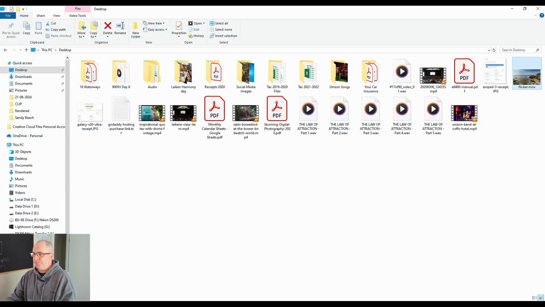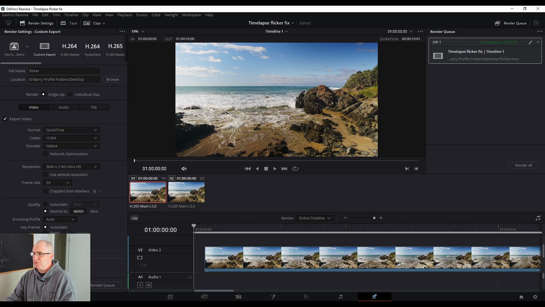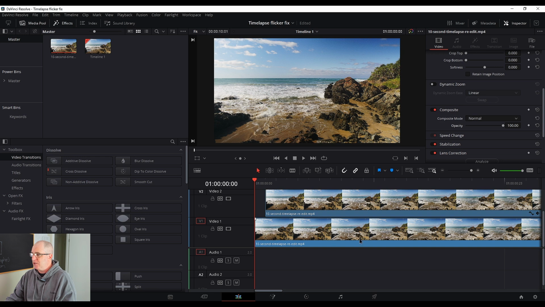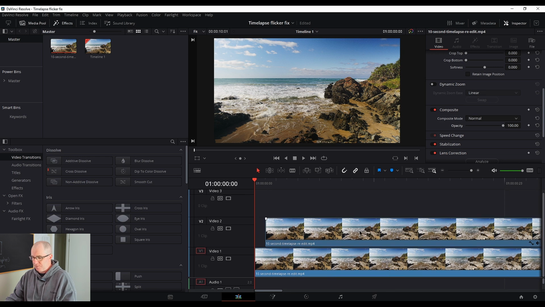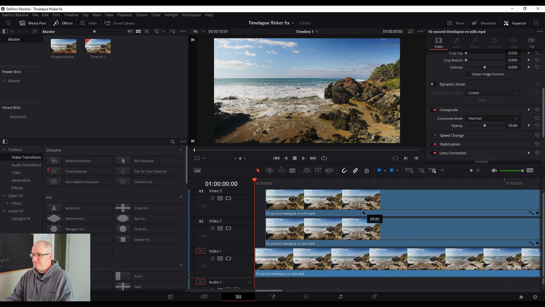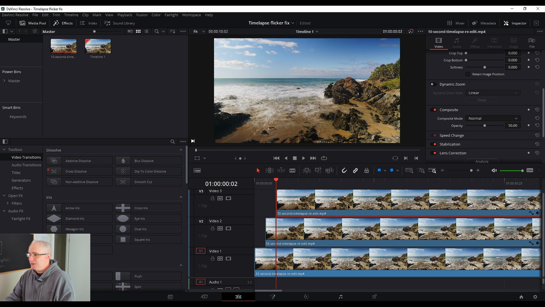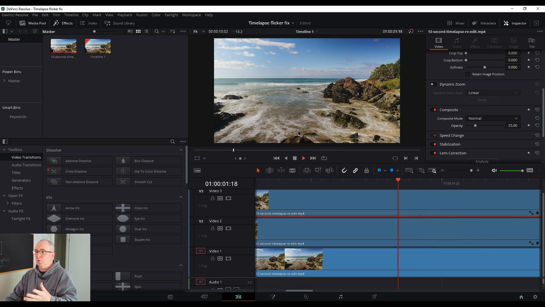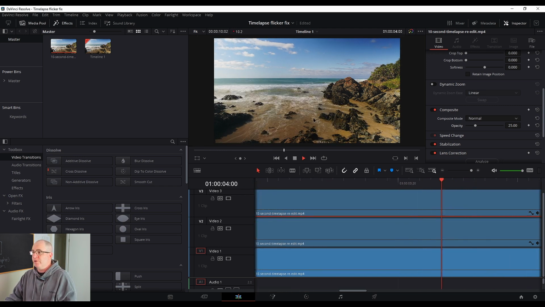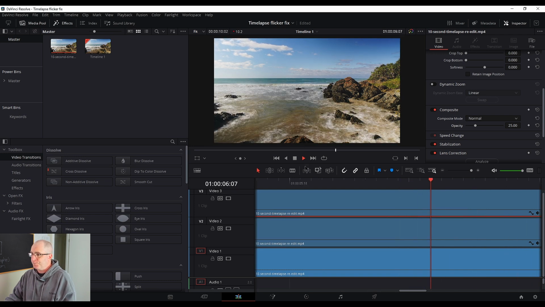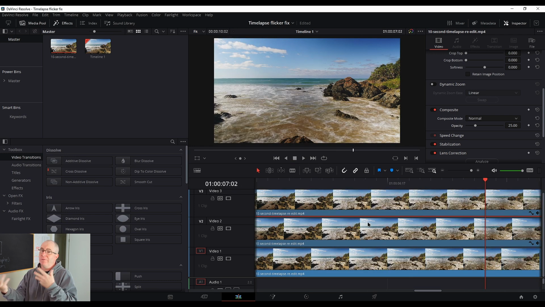What you can do is then go back to the DaVinci Resolve edit page, and we can duplicate this video file again, go across another frame, pull it across, and with this third duplicated video track, reduce the opacity to 25%. And that will then give you a lot smokier look to your water, but it will remove the flickering pretty much altogether. So that is how you get rid of your flickering.